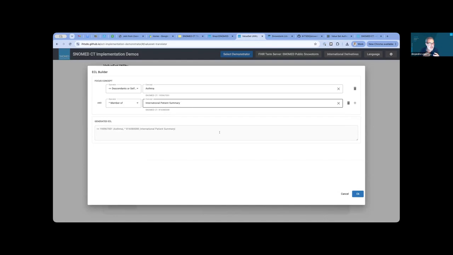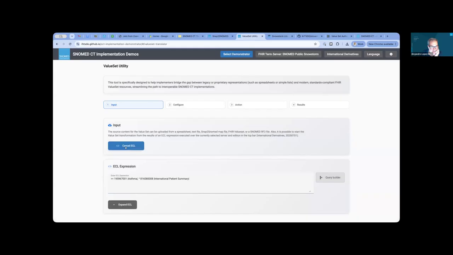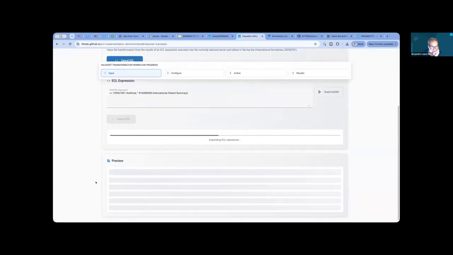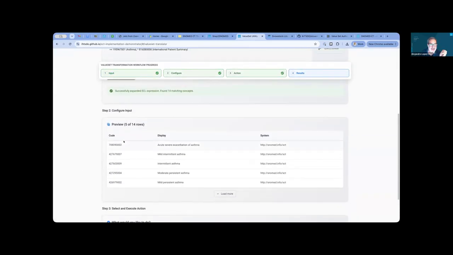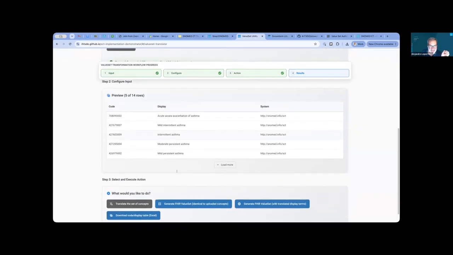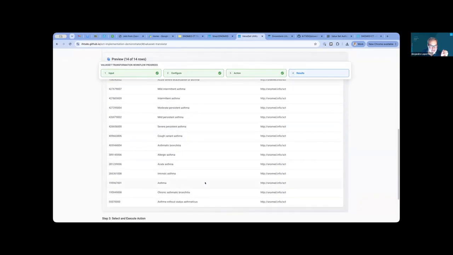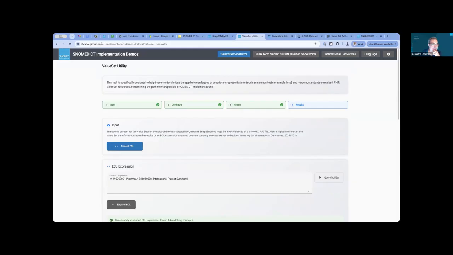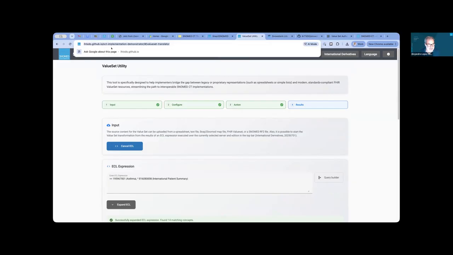So it's a smaller set of SNOMED CT based on frequency of use. So if I click here and do expand ECL, I found 14 concepts. And these are 14 SNOMED CT concepts that are related to asthma. Let me share the link in the chat, so if you want to explore that later.